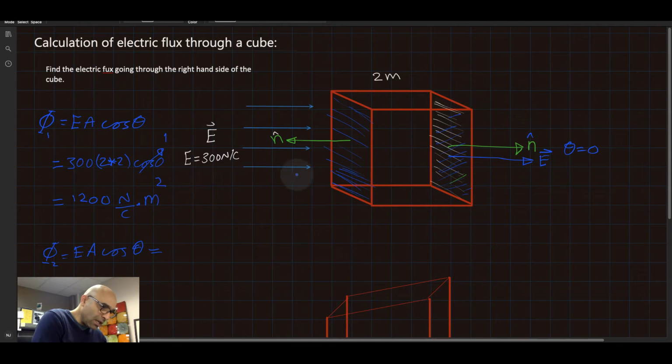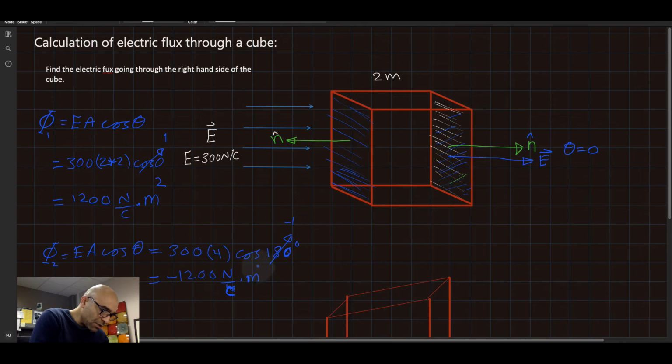Here we know that E is the same, 300 Newton per Coulomb, and A is the same, which is 2 by 2, which is 4. And now theta, as you can see, the electric field is going this way, and the normal to the surface is going the opposite way. So the angle between the two is 180 degrees, so I'm going to say cosine 180 degrees. Cosine 180 degrees is minus 1, and the answer is minus 1200 Newton per Coulomb